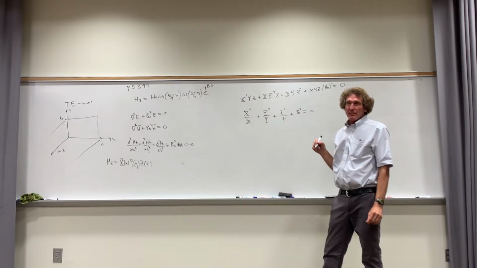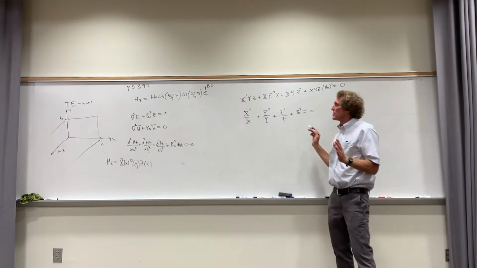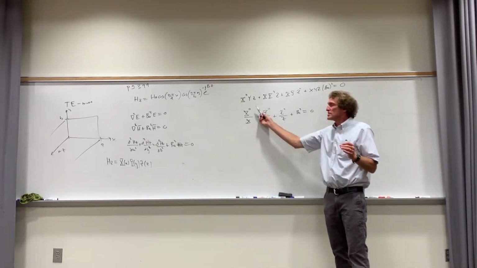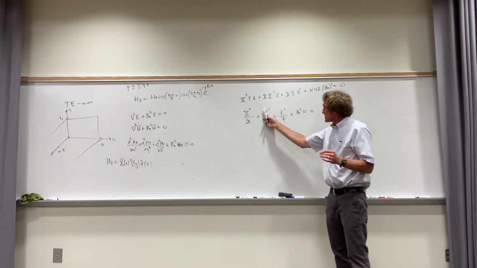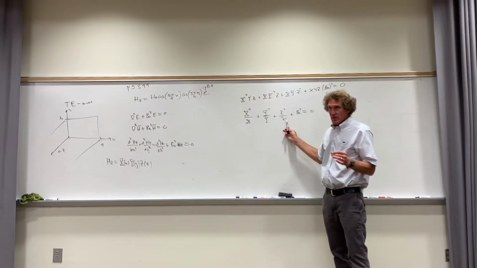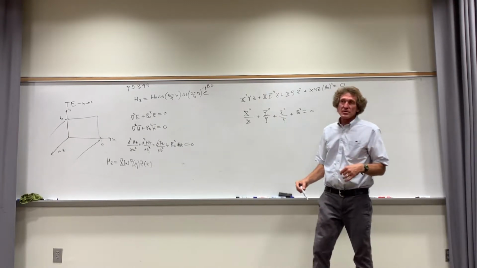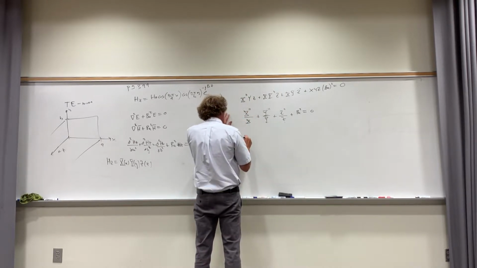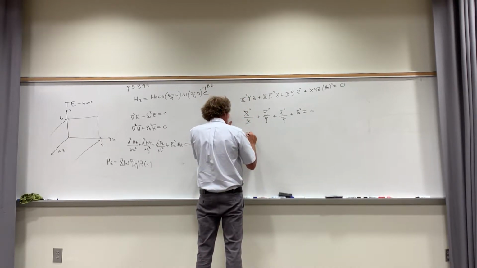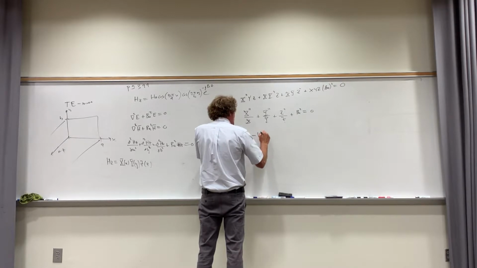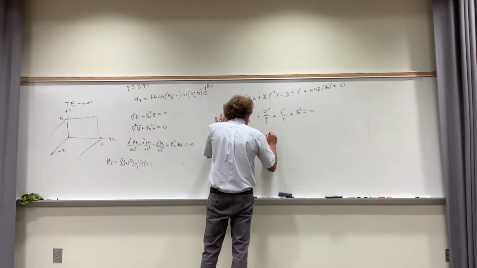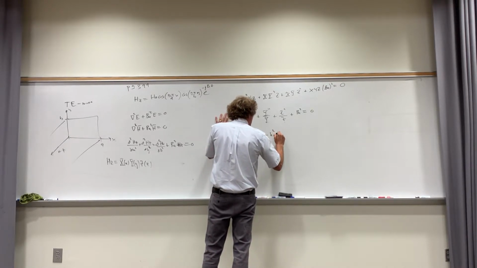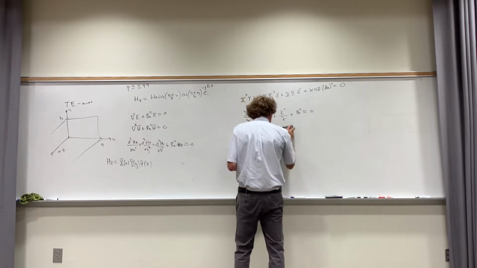And then I make the statement, the only way this can work is if this is a constant, right? And if this is a constant, and if this is a constant, correct, class? And I introduce the constants I use are going to be negative kx squared, so this becomes minus kx squared, minus ky squared, and then minus kz squared plus beta unguided